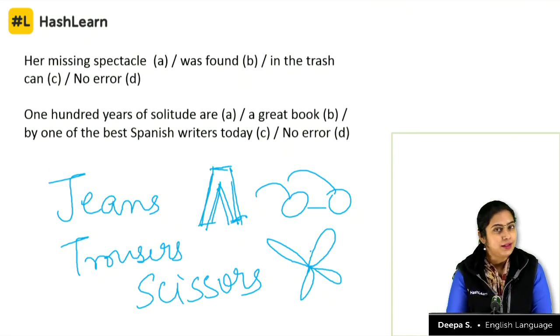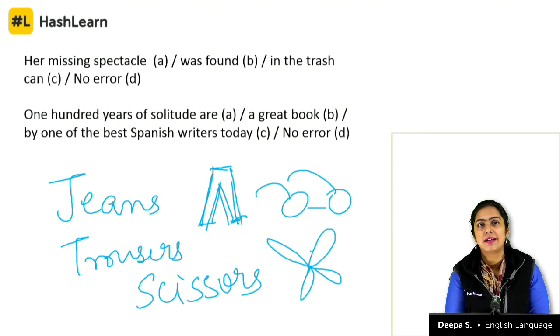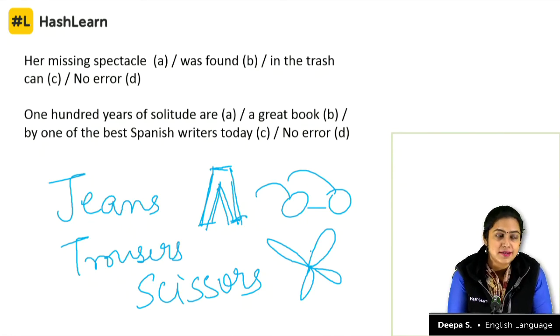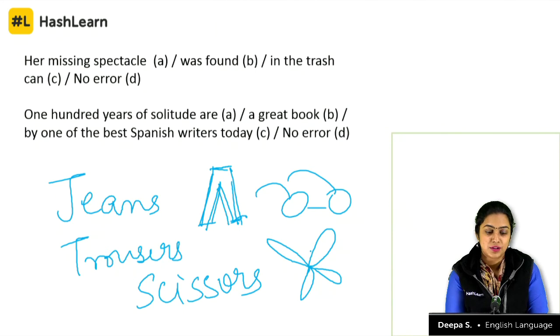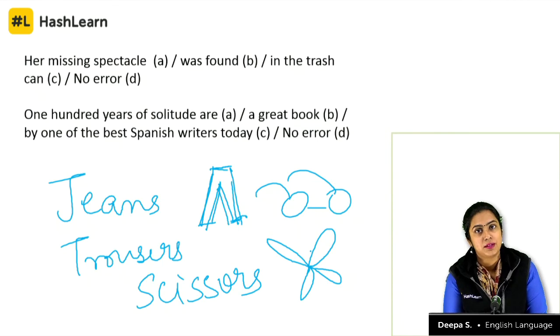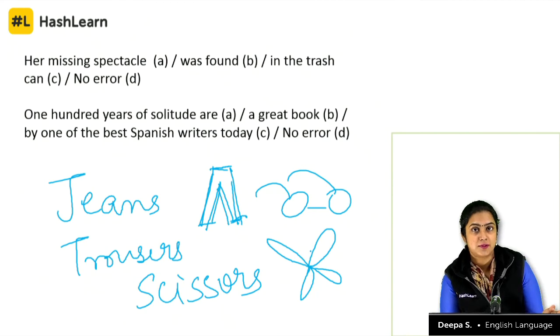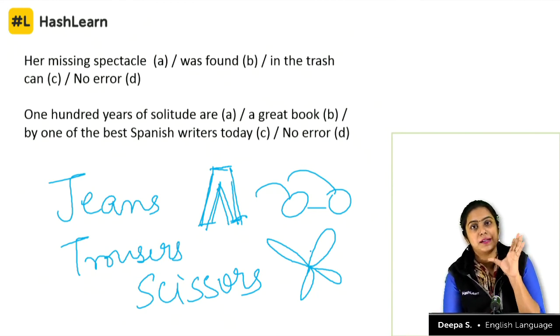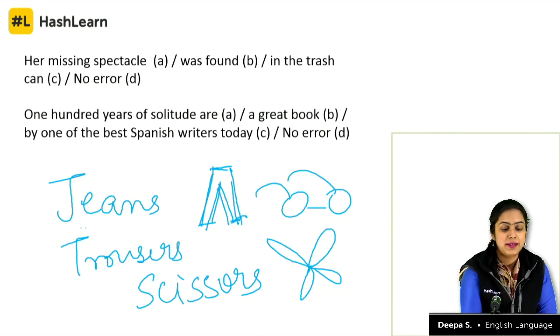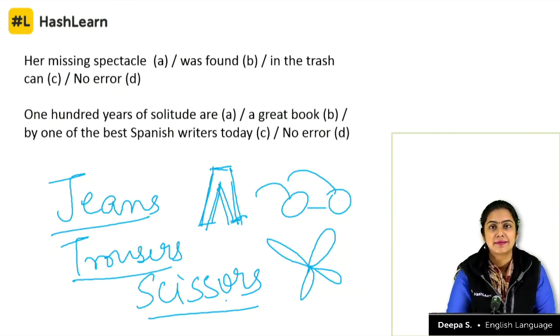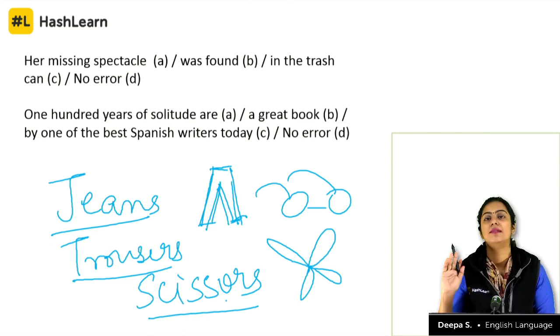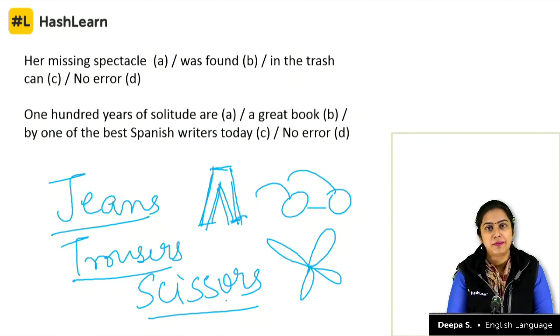But generally you don't say my jeans, you say my pair of jeans. Okay, this pair of jeans is blue in color, these jeans are blue in color. This pair of trousers does not fit me anymore. These trousers do not fit me anymore. Get me a pair of scissors. So when you say a pair of, it becomes a single entity, but remember, it's never jean, trouser or scissor. Jeans, trousers, scissors. Any problem?